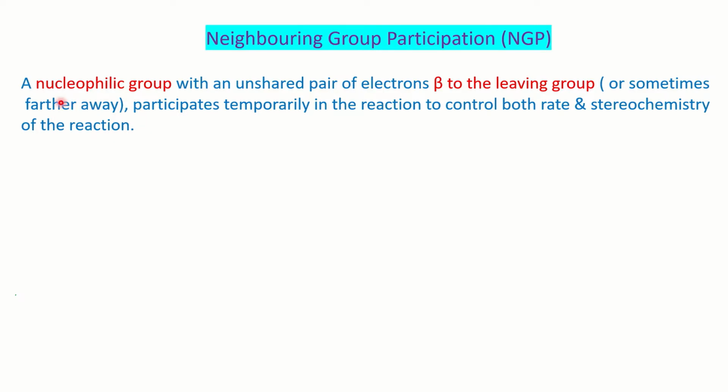As the definition says, a nucleophilic group with an unshared pair of electrons beta to the leaving group. So basically you should have this kind of structure where two carbons are there and one carbon is having the leaving group. The neighboring carbon is having a nucleophilic group having a lone pair of electrons, which participates to push this leaving group out of this molecule. Like a neighbor: until your neighbor pushes you, you don't start working. Same way this Z, which is a nucleophilic group, will push this leaving group and form a